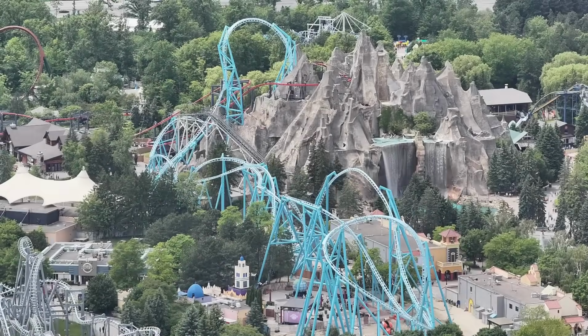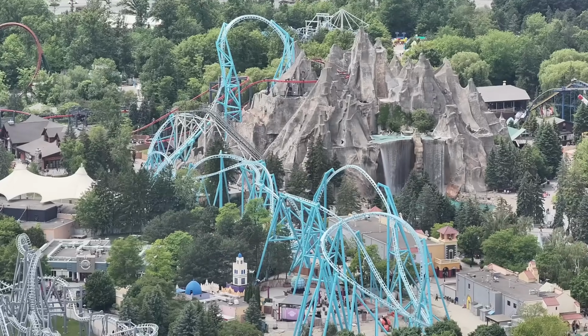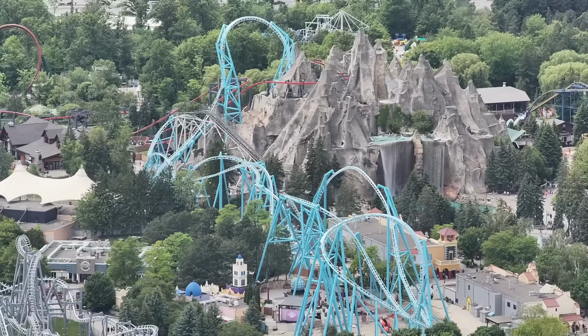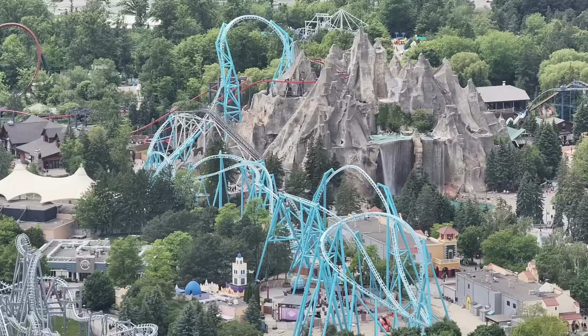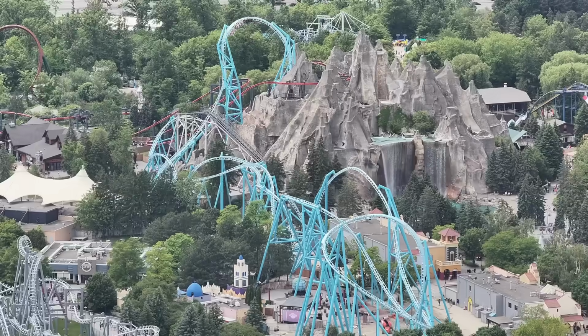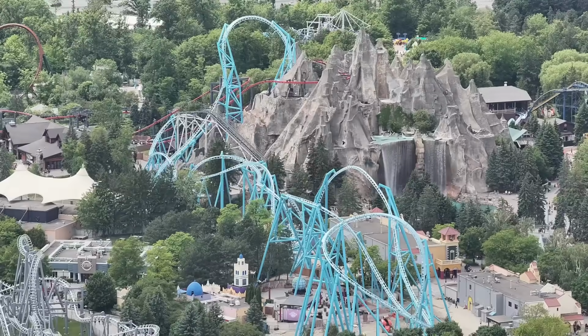Alrighty, here's another construction update coming out of Orlando, Florida. I am really tired today. We tried to do a marathon on Velocicoaster and I had to call it quits after about half the day. So if I sound groggy in this video, that is why. I'm recovering at the hotel again before going back